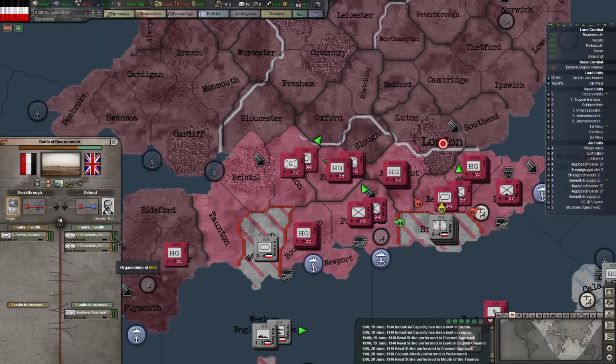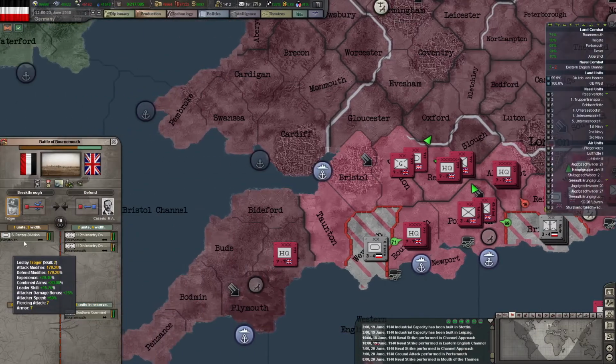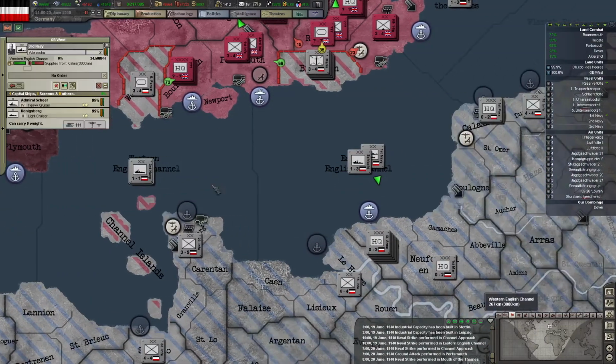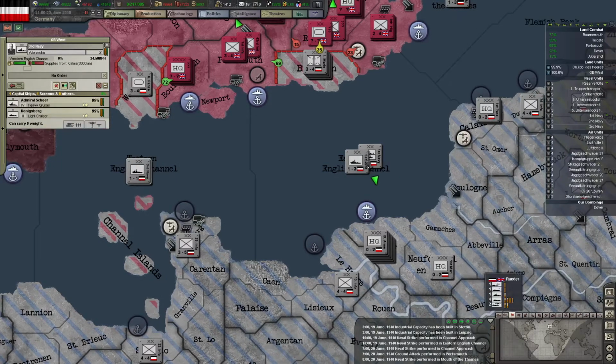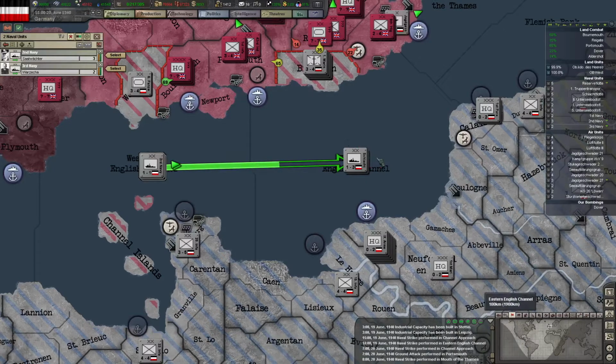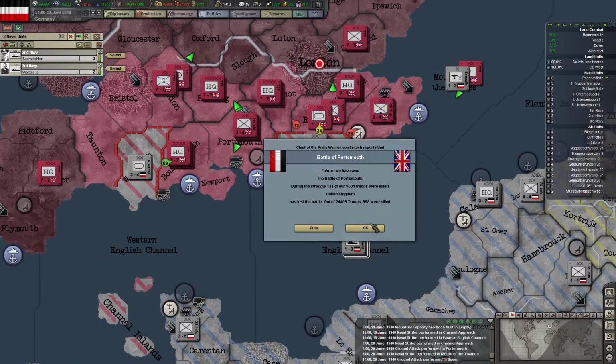We should be able to break them rather soon. I don't think they have a lot of piercing attack compared to our tanks here. So as soon as we break there, we're going to get the tank... Oh, right, you need to... Oh, the transports are already making their way back. Okay, we're going to move these fleets back, to give a bit more bonus for...